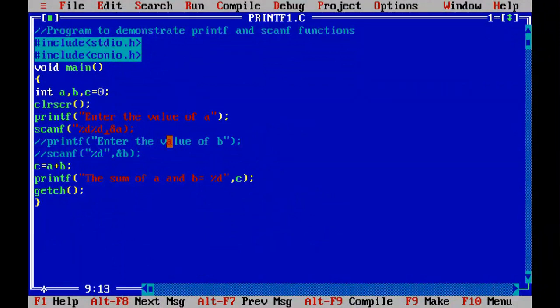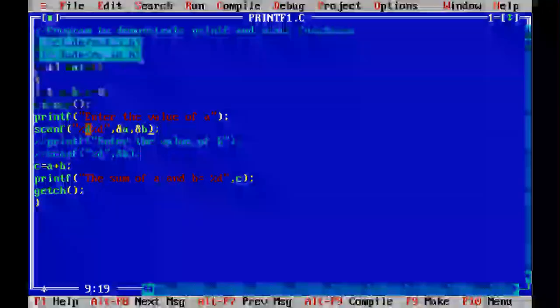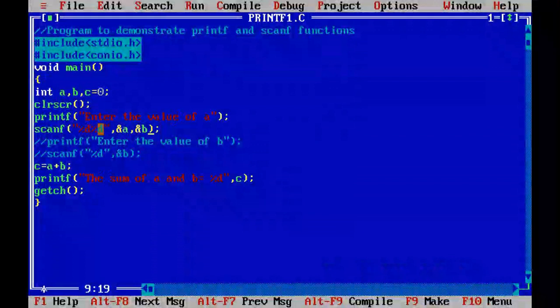Now you can enclose it, and here you have to put a comma. Always keep in mind, because of the address of a and the address of b. Now you can read the values of a and b at the same time by using format specifiers in the same line, with both variables in the same line.